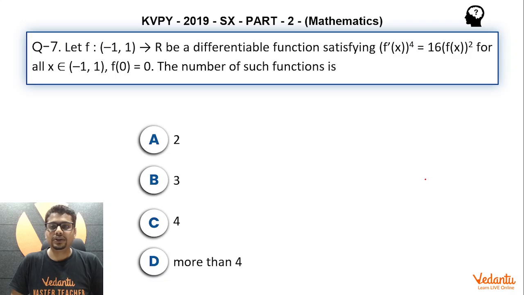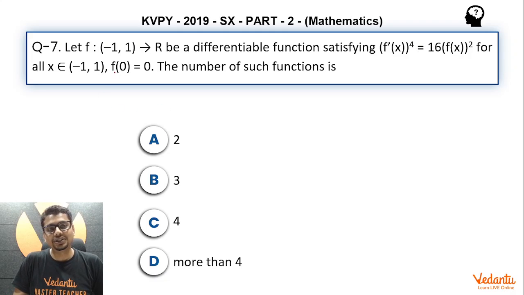Now, first of all, when you see this differential equation, one thing that you may notice is that this is an order 1 differential equation. So you may expect one arbitrary constant, and to possibly find that arbitrary constant uniquely, there is a condition given to us. There is a property of function f of x given to us that f of 0 is 0. So you may expect that maybe there should be just one such function f of x, but 1 is not among the options. So this is something eye-opening here, that although this is an order 1 differential equation, it is not degree 1, it is a degree 4 differential equation.